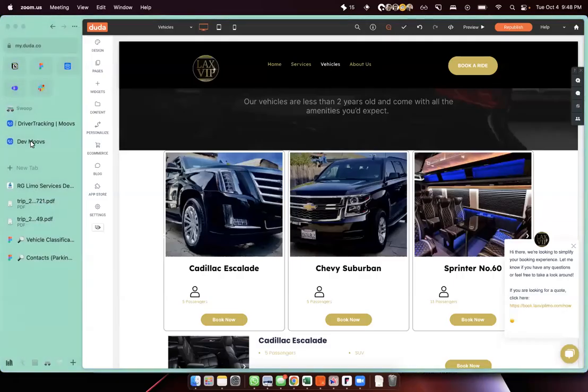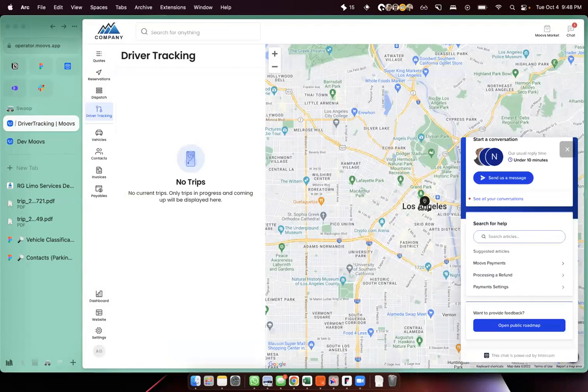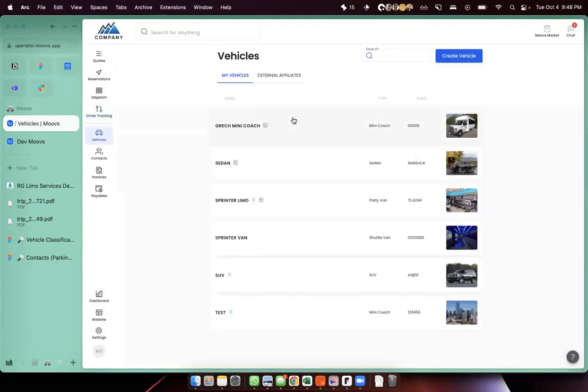But the thing is, when we have to go in and actually build that car for a non-Moovs user, it seems kind of cumbersome. That was one of his concerns too, because he likes Moovs, but he wants to be able to farm out stuff on the fly and not have to build that car or vehicle list for that particular affiliate.